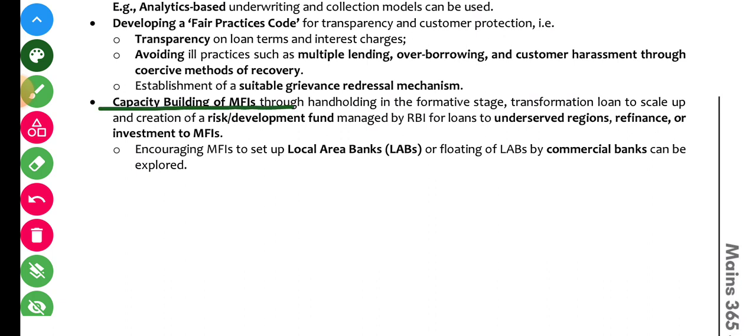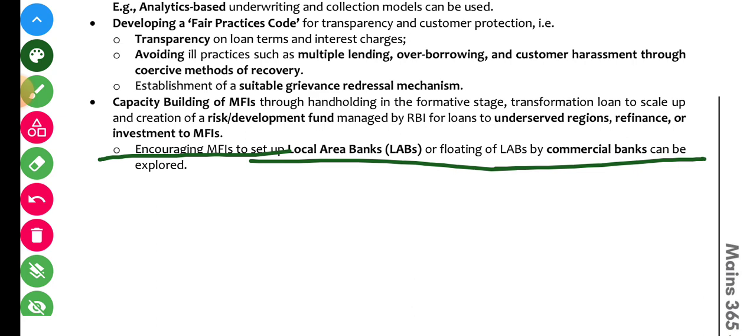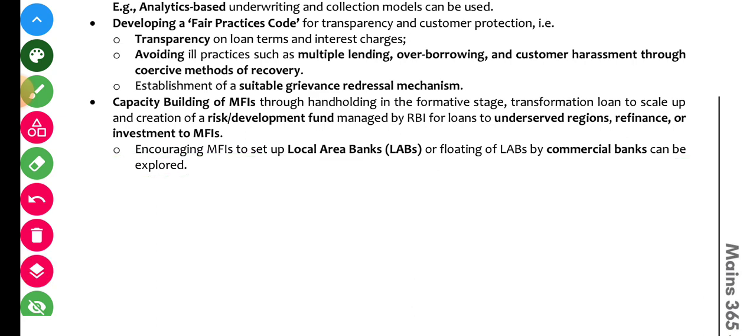Next is capacity building of microfinance institutions through hand-holding in the formative stage, transformation loans to scale up, and creation of a risk development fund managed by RBI for loans to underserved regions, refinance or investment to microfinance institutions. Encouraging microfinance institutions to set up local area banks, or floating of local area banks by commercial banks, can be explored. So these are the way forward